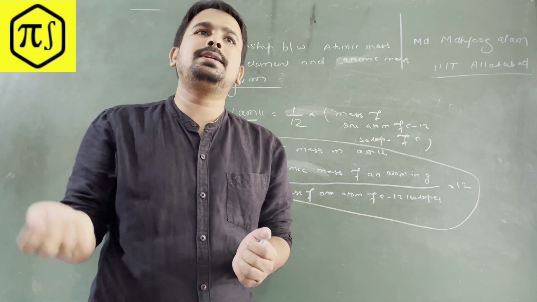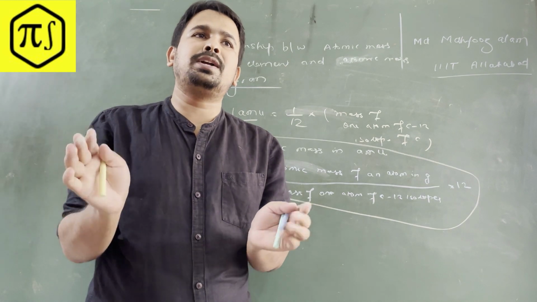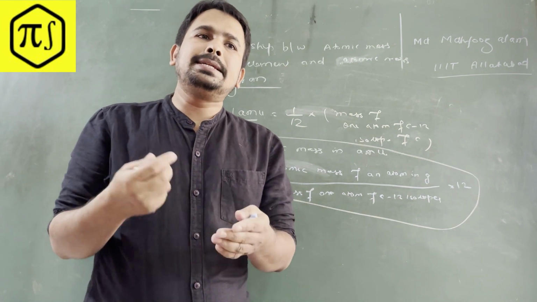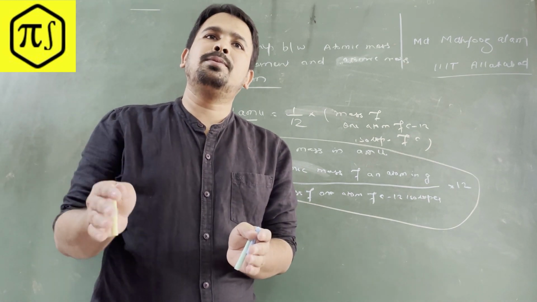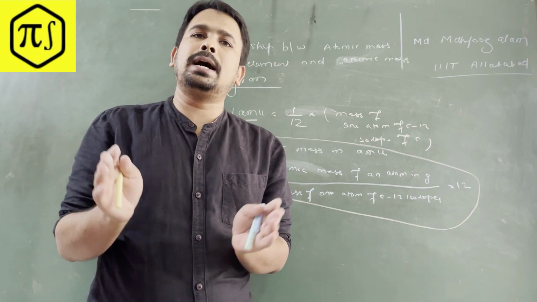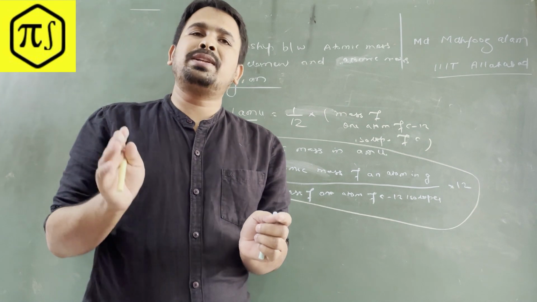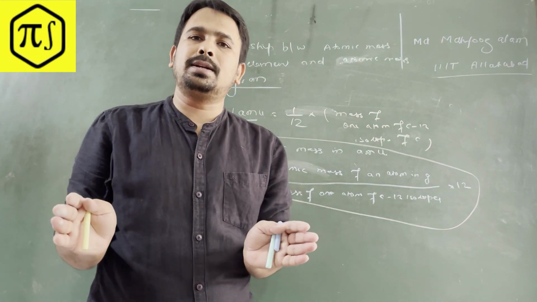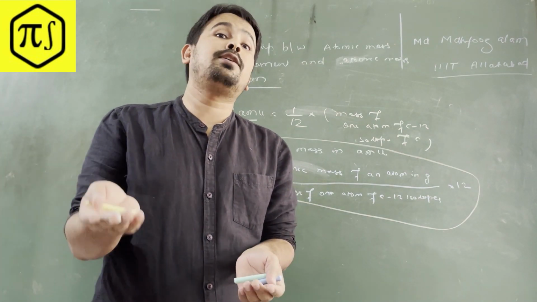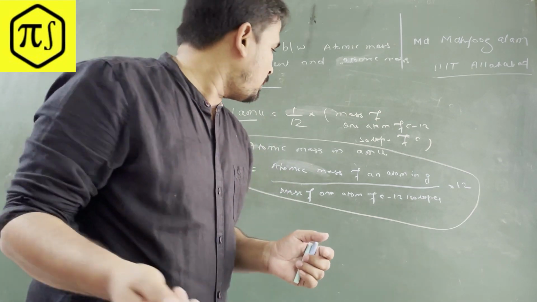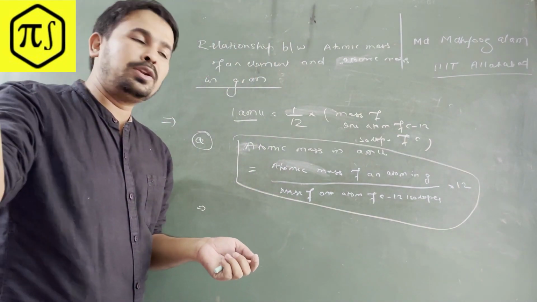So the scientists wanted some unit in which we can easily remember the data, right? Because remembering the data of carbon in terms of 1.9924 into 10 to the power minus 24 grams is very difficult. Nobody will be able to remember that, and 12 is very easy, right? So that's what they wanted to convert into AMU. So the AMU value you already know, right?